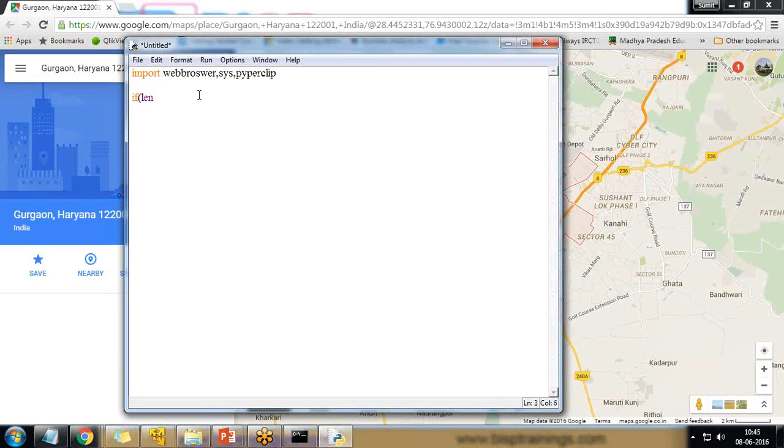Then I check if the user did not pass any argument. If the user forgot to pass any argument, then it will open the default location. So if len(sys.argv) > 1,